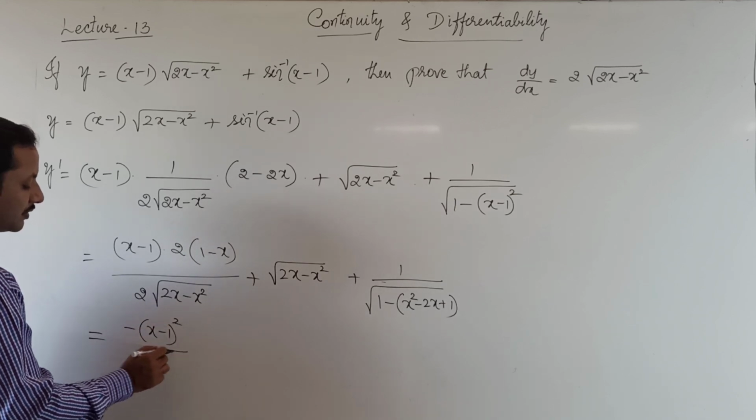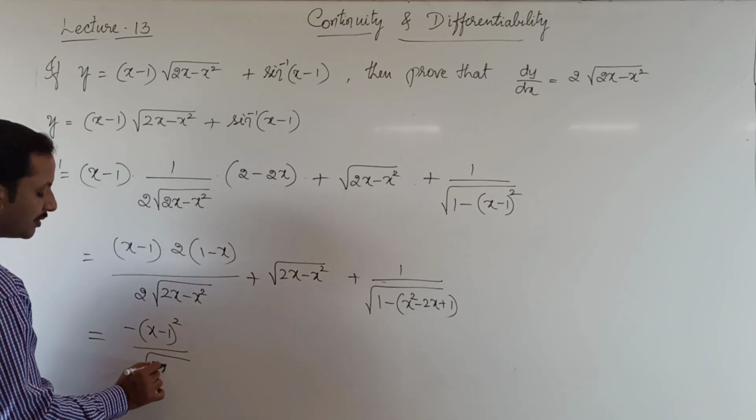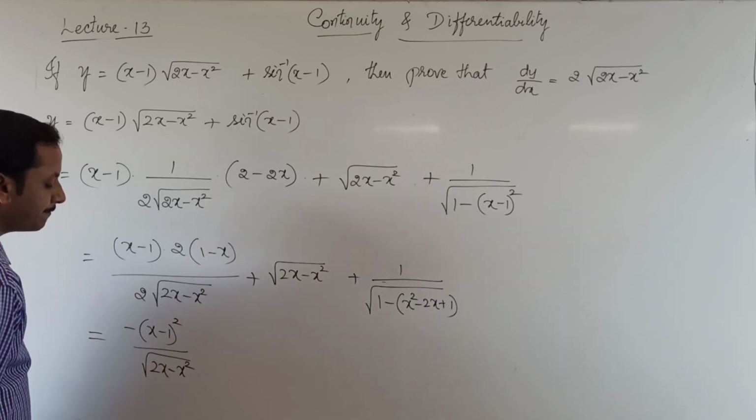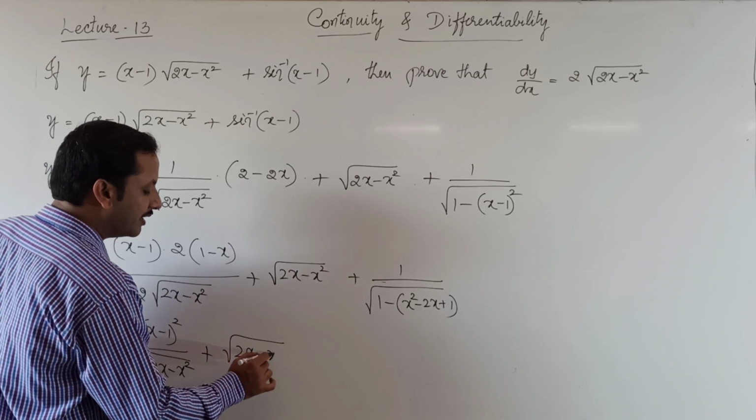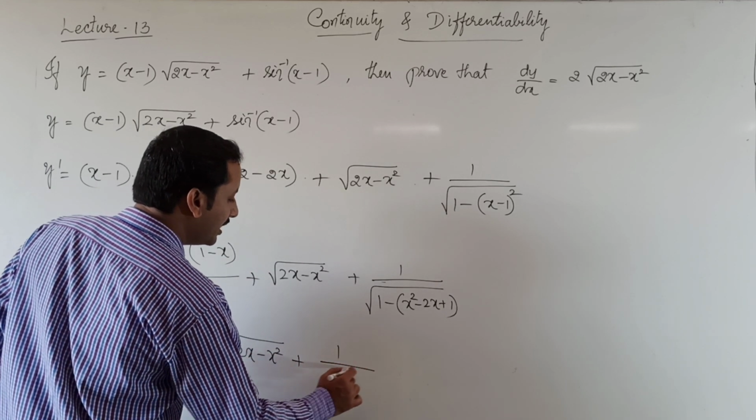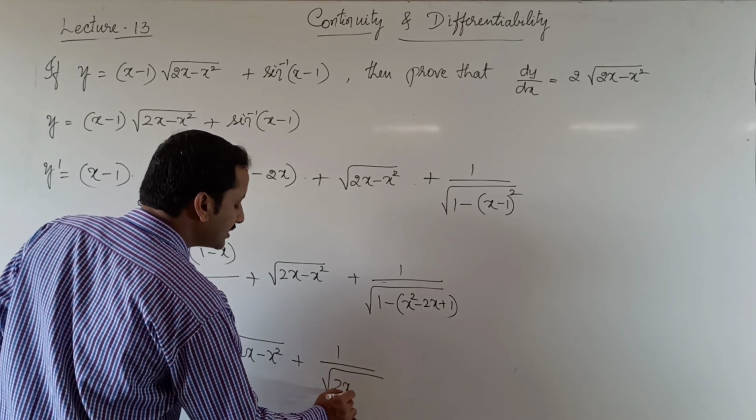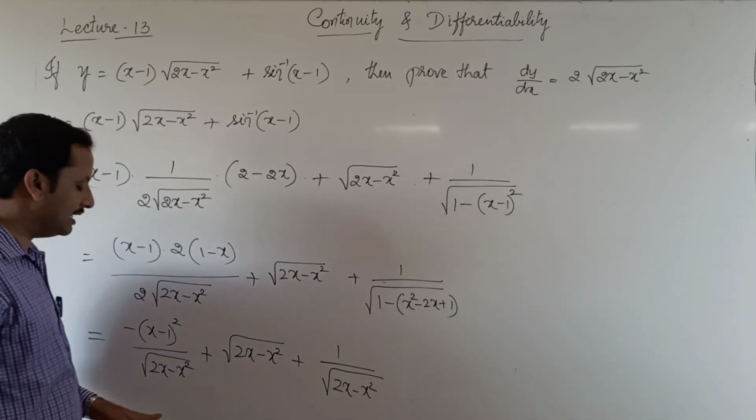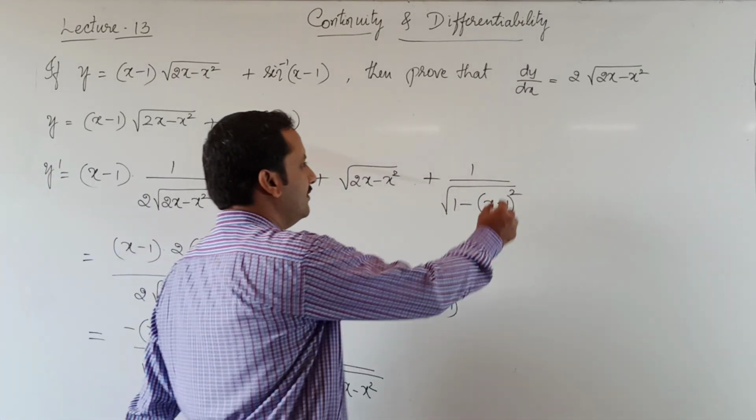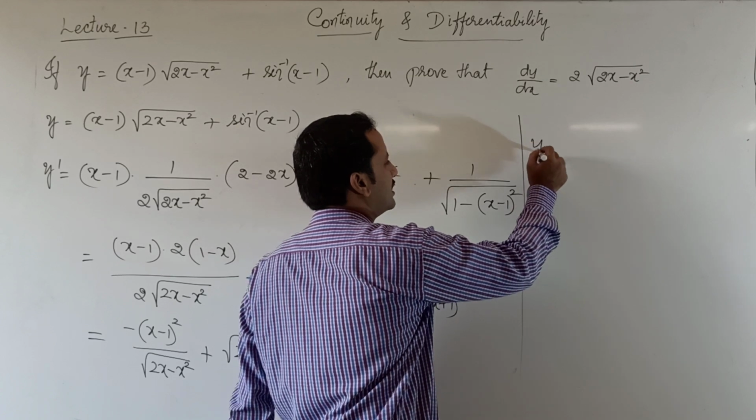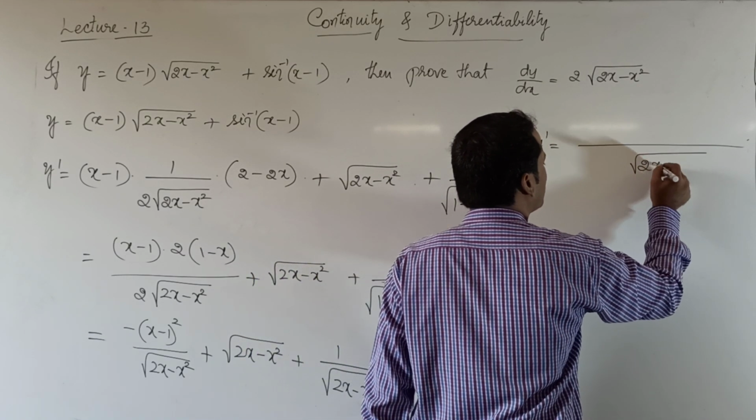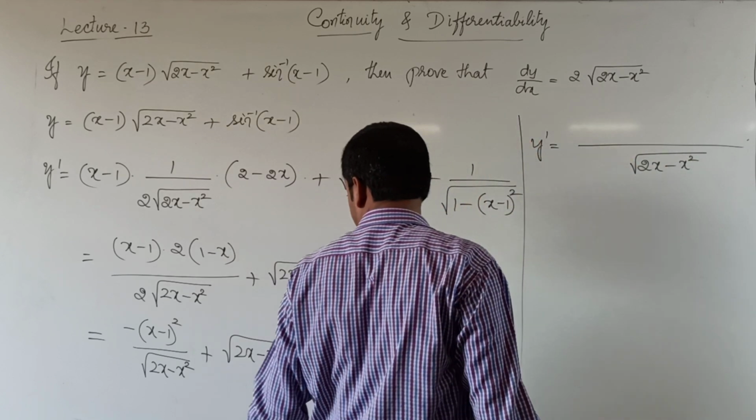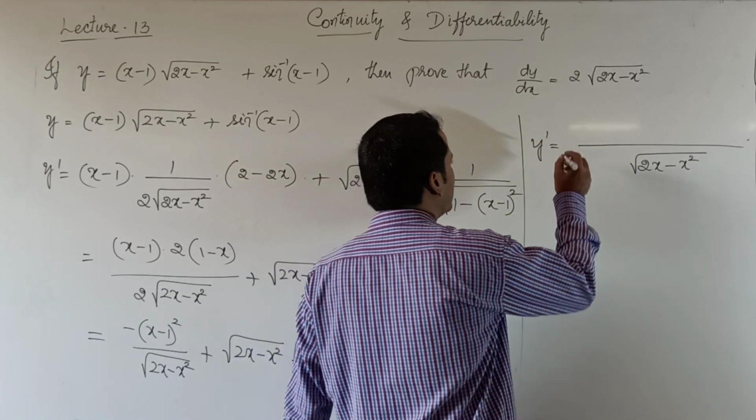Minus of (x minus 1) whole square divided by root of 2x minus x square, plus root of 2x minus x square plus 1 by root of 2x minus x square. Now I take LCM. LCM is root 2x minus x square itself. So y dash is equal to root of 2x minus x square in the denominator. In the numerator, minus of (x minus 1) whole square